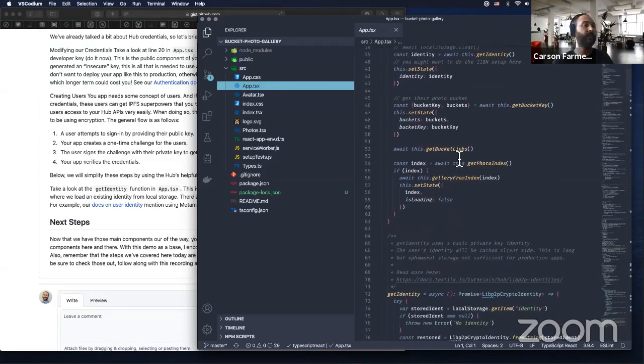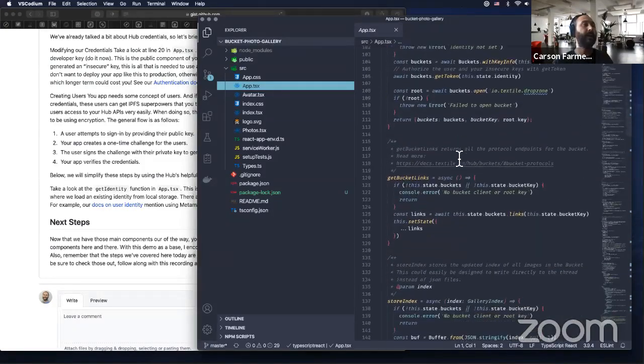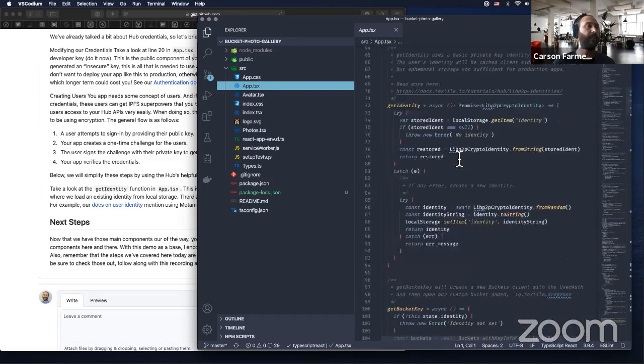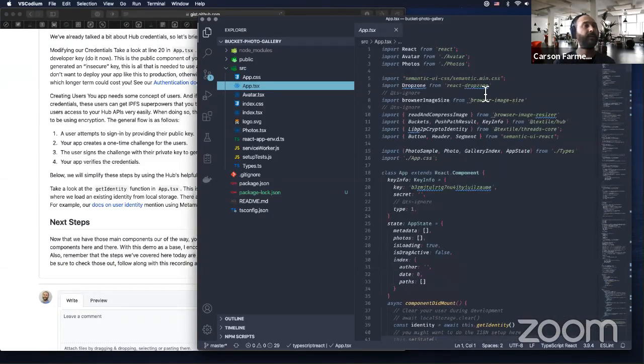Almost all the logic is actually in the app.tsx file, and so you can play around with that and take a look. And we've got a couple of nice UI things in here. But the main libraries that you're going to use for any Textile app, and the way that you're going to want to access things, is using the